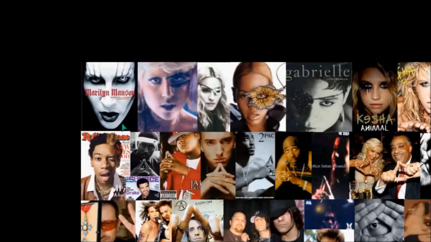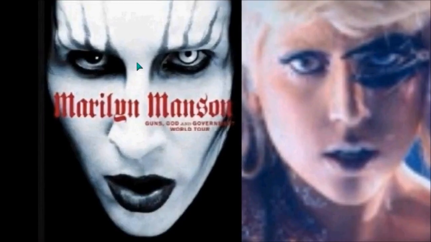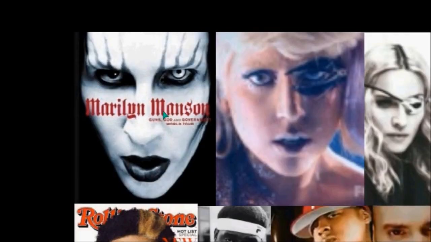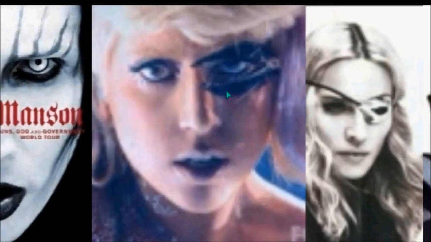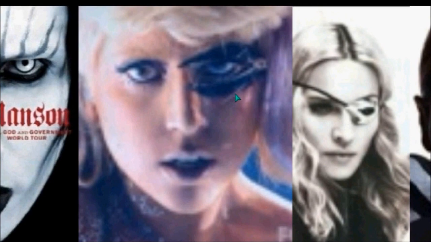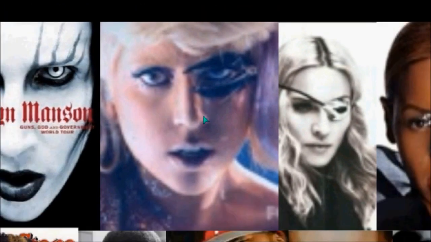Moving along, again with Eye of Lucifer symbology. Now we can understand this image completely. Marilyn Manson and the use of this distinction of the eye in this contact lens. It is the Eye of Lucifer. This now is a variance, and so we can understand, here's Lady Gaga, the use of this one eye symbolism in just